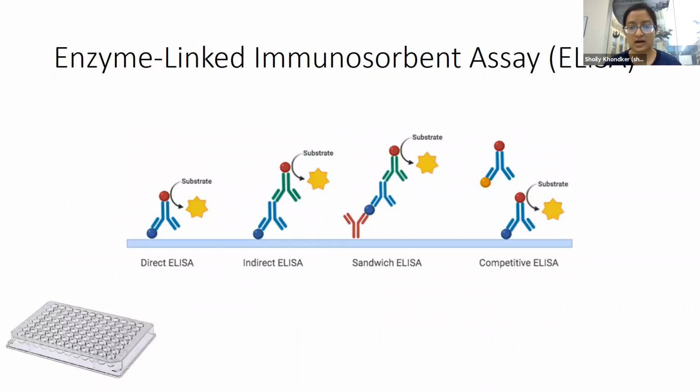Okay, so the last type of immunodetection assay I'm going to talk about is ELISA, or enzyme-linked immunosorbent assay. This is typically done in this type of apparatus. It's called a 96 well plate, which is then inserted into a plate reader to quantify signals. So the most basic